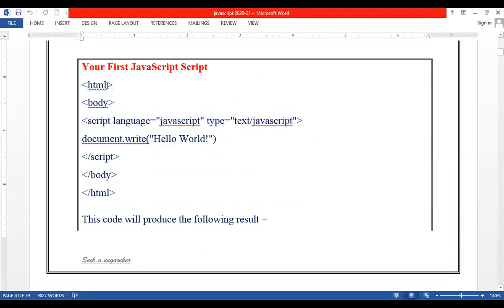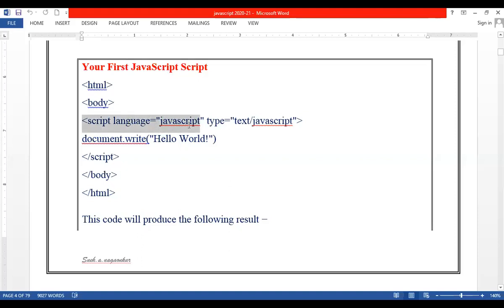I am taking an HTML tag here. No need to write XHTML here, guys. We directly need to start with the HTML tag. After HTML, I am writing a body tag. As I told you, there are different ways of writing the script. You can write the script within the header tag also. You can write the script within the body tag also. There will be no error. Depending upon the requirements of the web page, you can just shuffle writing it into the head tag, or you can also write it into the body tag. So this is one example where I'm writing the script inside the body tag. Just see that.